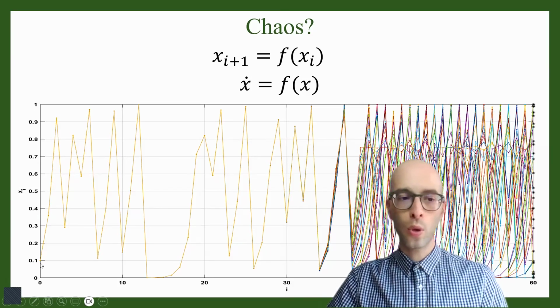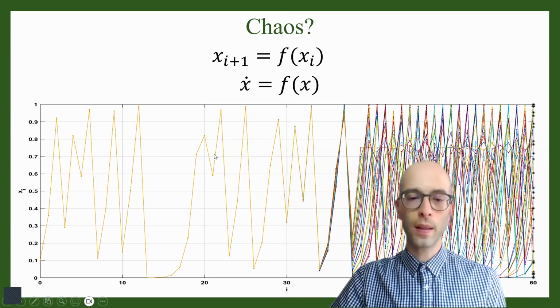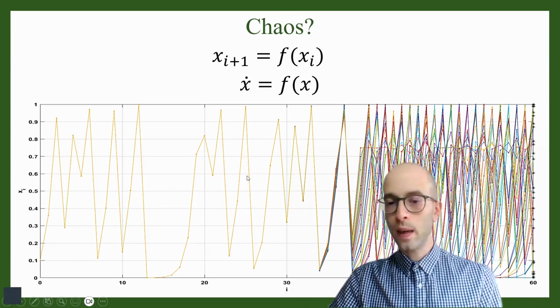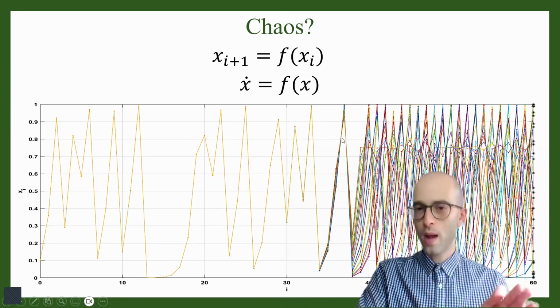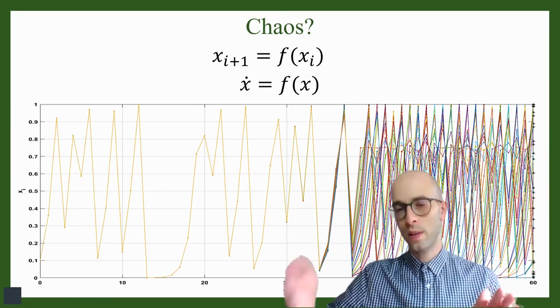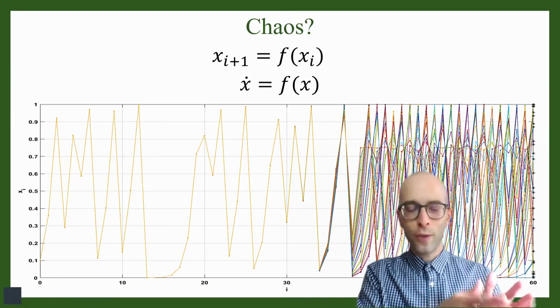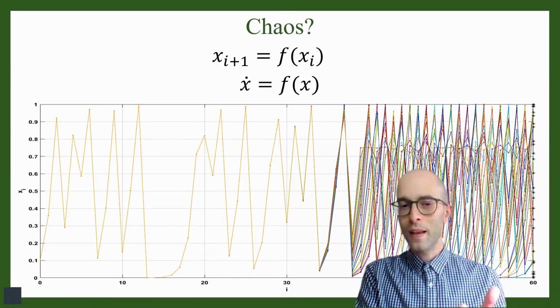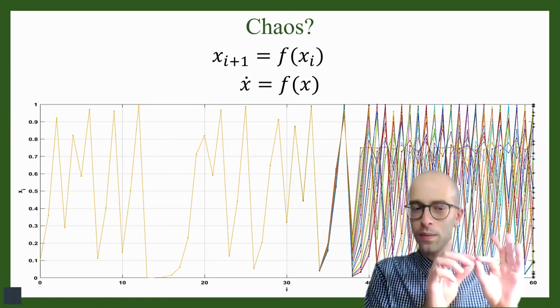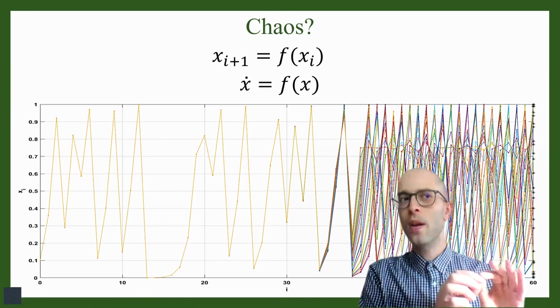Initially, all of these solutions look identical. They look the same after I start computing x0, x1, x2, x3, x4, x5, x6, and so on. For the first few iterations, the solutions look completely the same. So this minuscule change in x0 remains